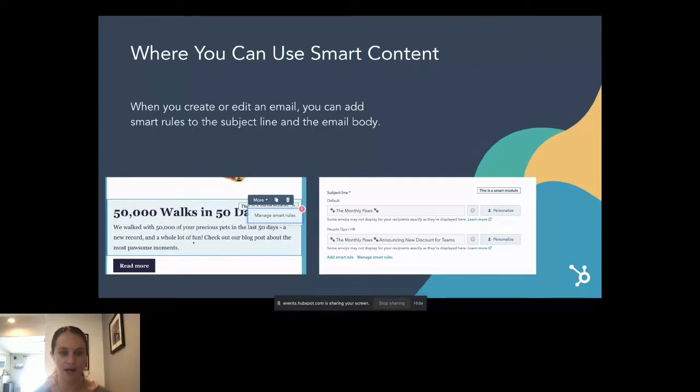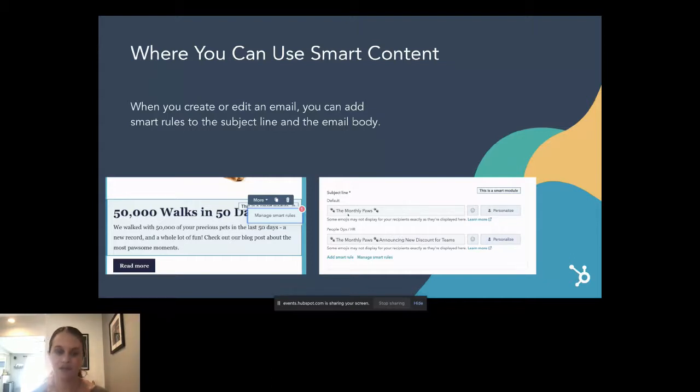So in this example, I've shown how you could manage smart rules in the email body. This is just a text block that we've selected to go to manage smart rules on the module, and then shown the different subject line options. For instance, we've made the subject line a smart module. So we have the default set. Again, the default should be very general. It can speak to someone that's an absolute stranger to your brand.